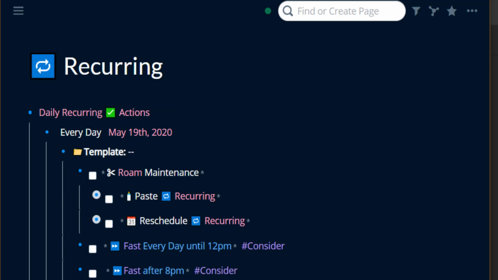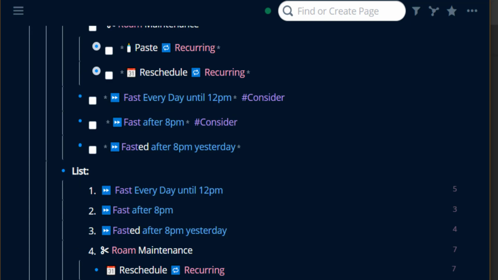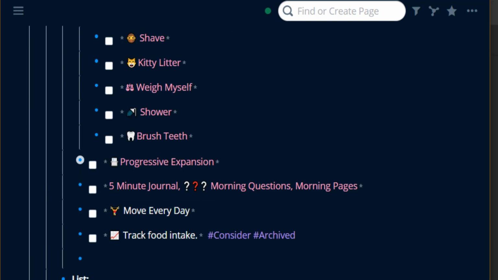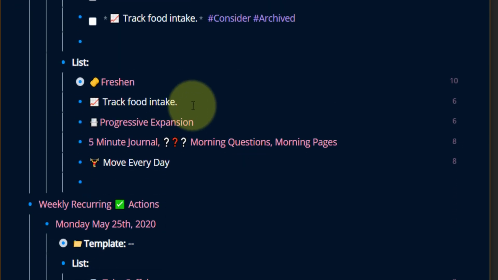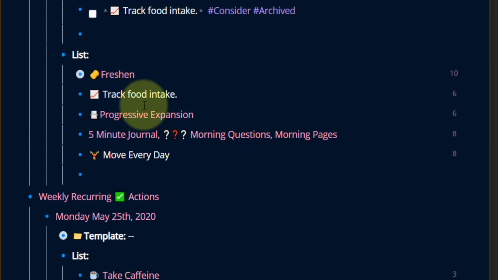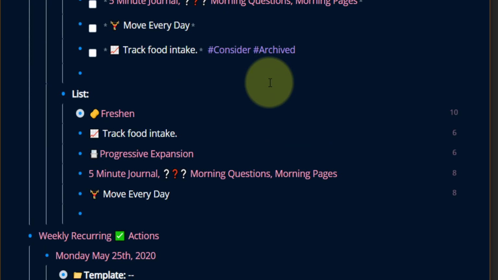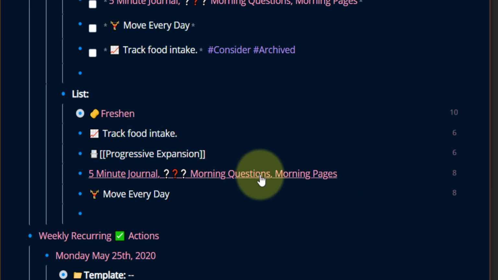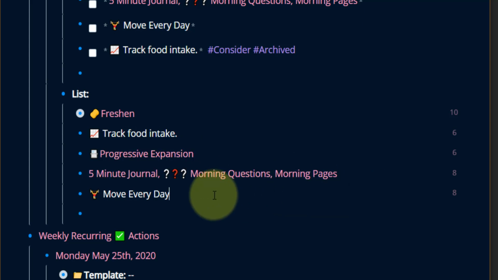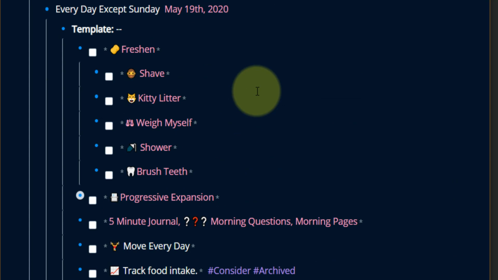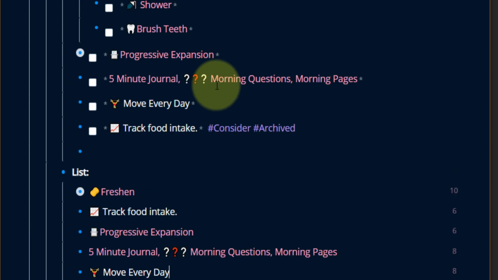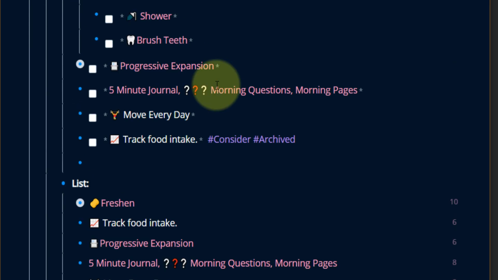But if you look at how this works, I've got a list underneath every one, and the list does not have a to-do action set to it. Every single item in the list actually has a link: a link here to freshen, a link to progressive expansion, a link to 5-minute journal, morning questions, morning pages. So if I want to reference the idea of shaving,